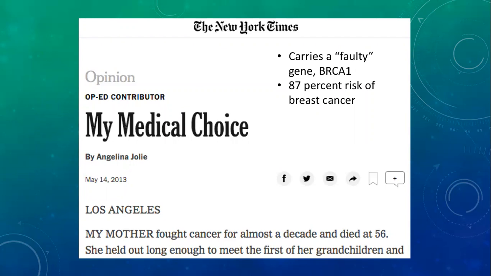Her mother already died of breast cancer, and if I remember correctly, her grandmother as well. And that she also carried a 50% risk of ovarian cancer. At the time, she was still healthy, but she opted for surgeries to remove the ovaries and the breasts to get rid of this risk.